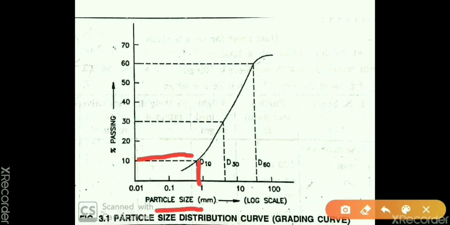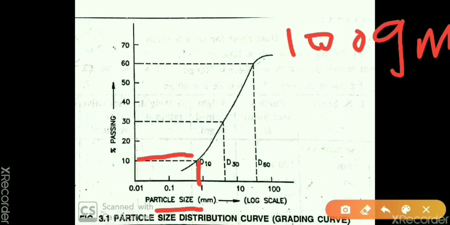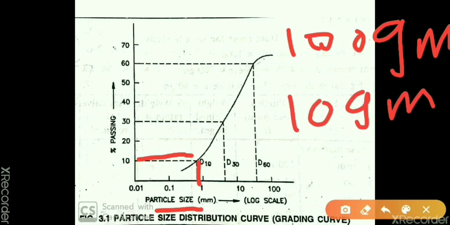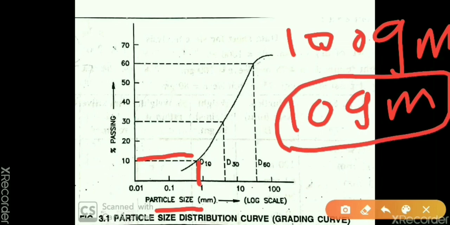If on a semi-log scale 1 mm is the particle size, then if we take 100 gram of total sample, we have 10 gram of particles which have size less than 1 mm, that is D10. Understand?